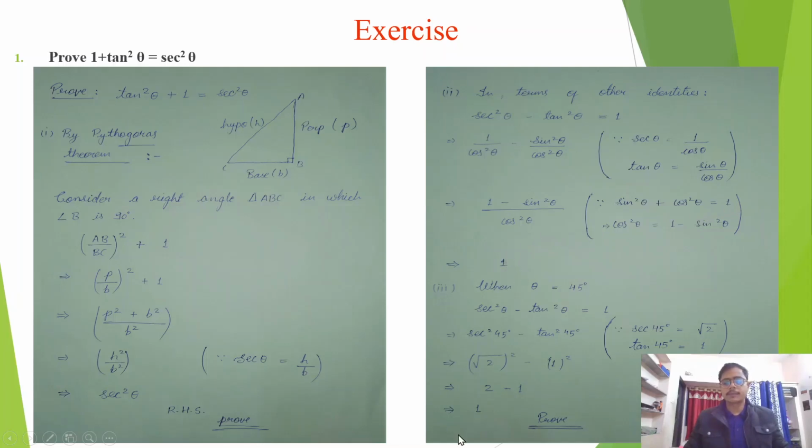And it becomes 1. Now solving this problem when theta is equal to 45 degrees: sec square theta minus tan square theta equals 1. The values of sec 45 degrees and tan 45 degrees are given in the table, and putting in the values of sec theta and tan theta, we find the solution is